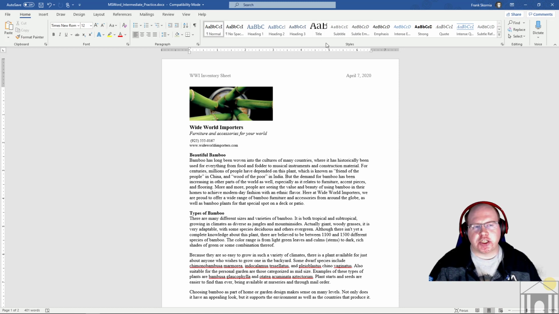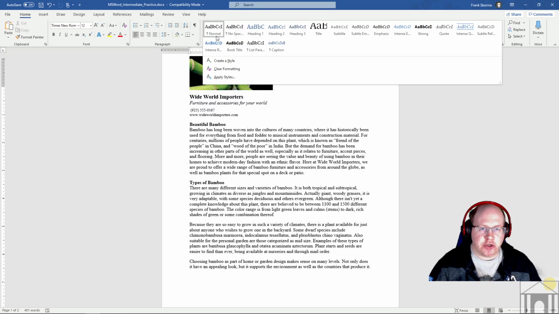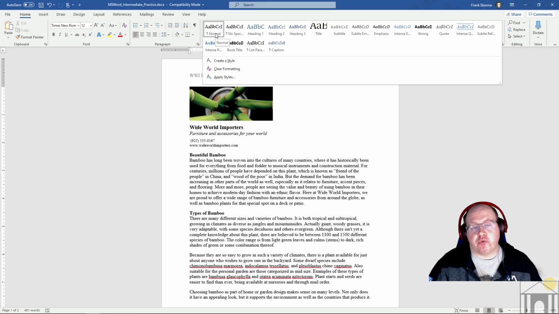Let me open this up here. You can see the different styles. There's a whole bunch of different things around here, and they have little labels on them. So there's Normal. Most times when you're typing in Word, you're typing in Normal, which is the normal font. In my case, I have it set for Times New Roman, size 12, not bolded, not italicized. It's just simple Times New Roman text. I actually have changed this. By default, in most Microsoft Word documents, Calibri size 11 is the normal font. I've changed mine, but